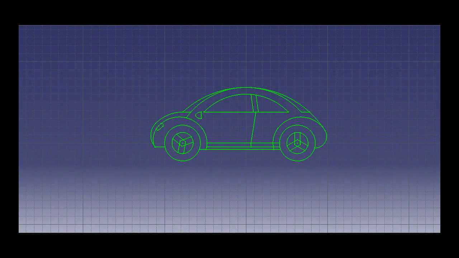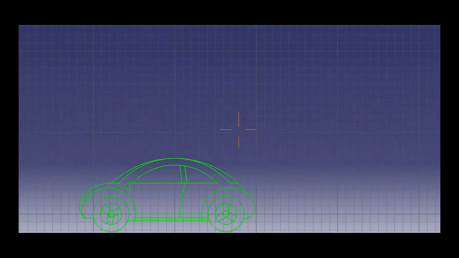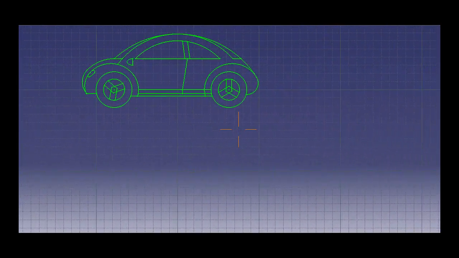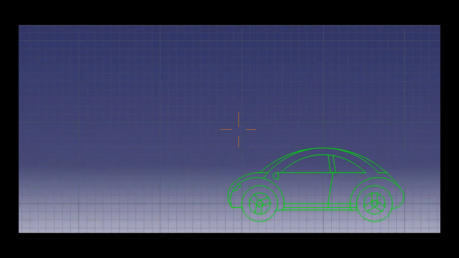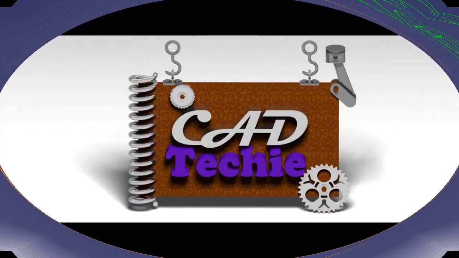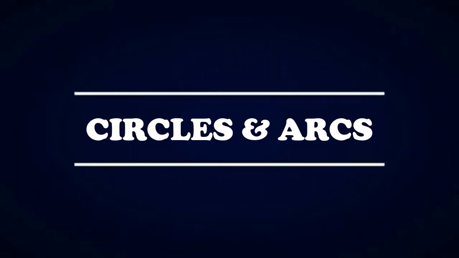In the previous two videos of this channel, we focused mainly on the point command and its exercises. Now moving forward, we will discuss how to make circles and arcs in the Sketcher interface. The Sketcher interface allows us to make circles and arcs with different commands as per our convenience. So here is Kattiki discussing how to make circles and arcs in the Sketcher interface.